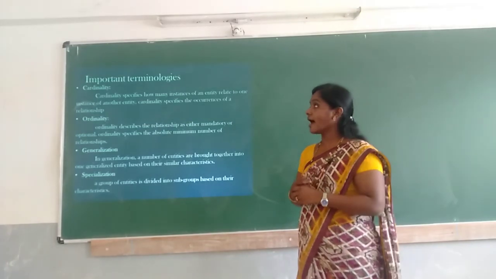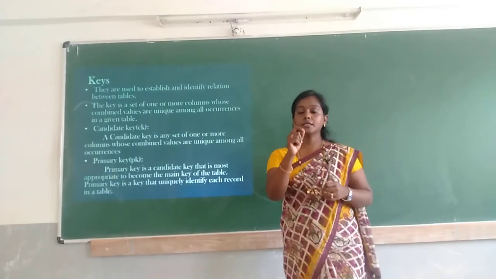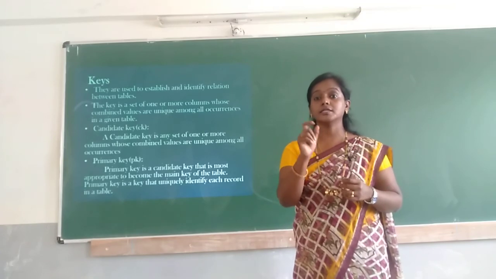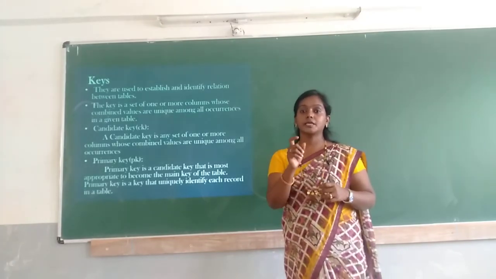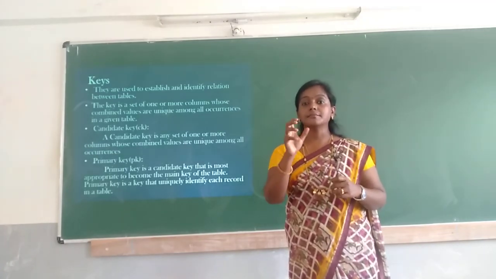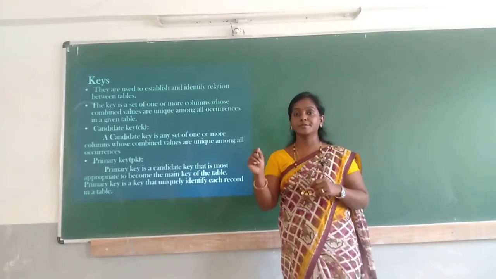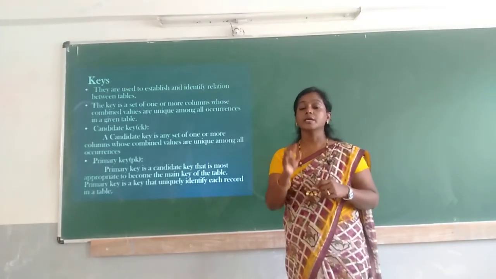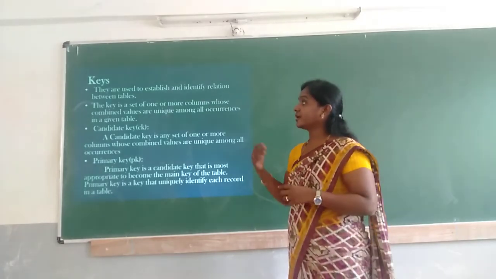So next we have different types of keys. Earlier I was talking about keys. What are keys? A key is nothing but an attribute, or simply saying some special attributes. Attributes are the columns in a table, we call them attributes. See, the keys are some special attributes. So we have different types of keys.